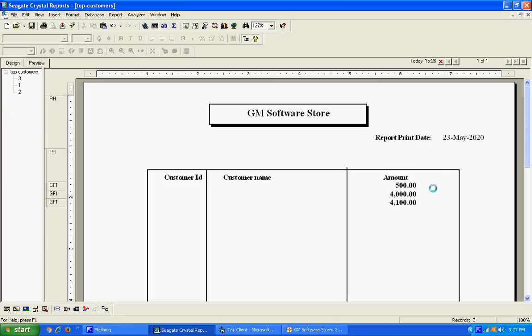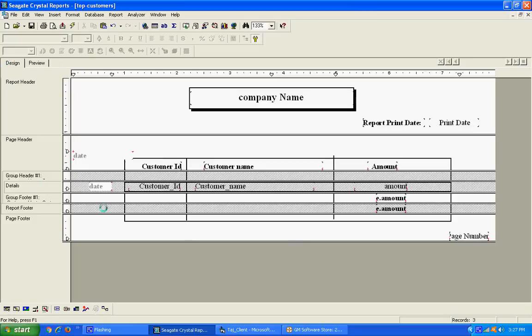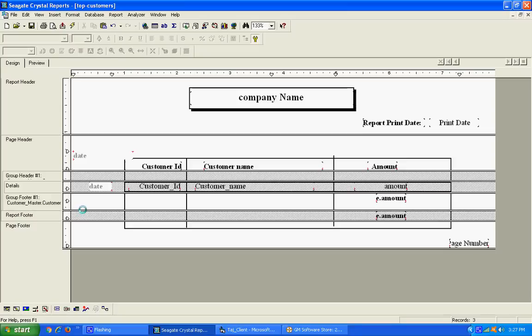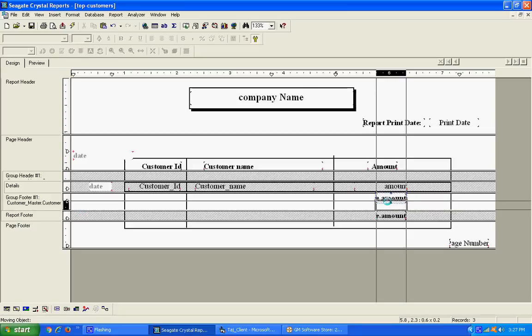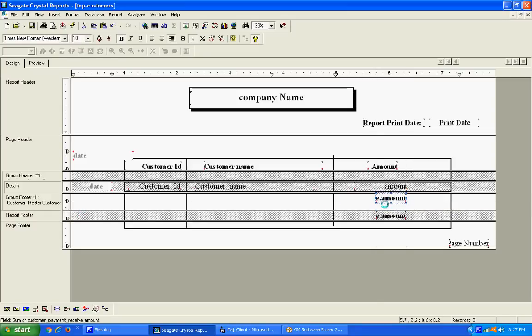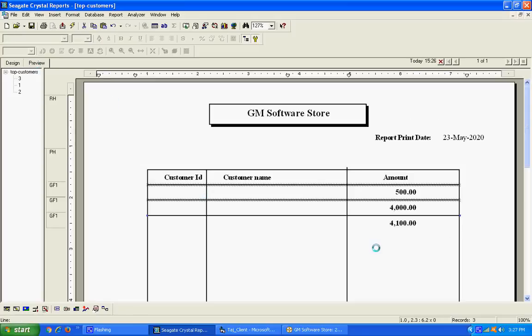Here I want to add a line. Just scroll down this icon, press the amount here, and enter a line here. You can see this is added for every customer.